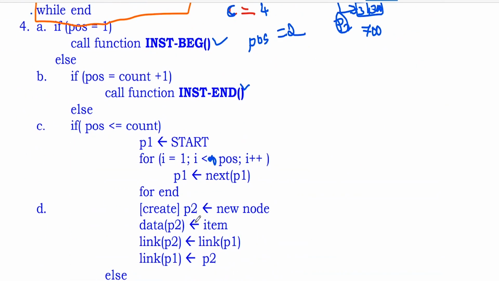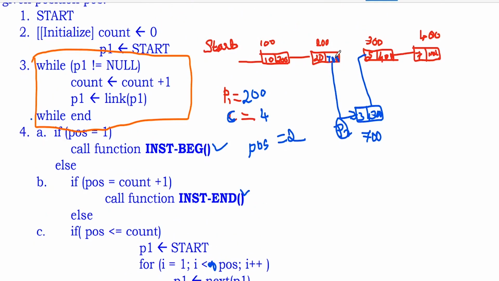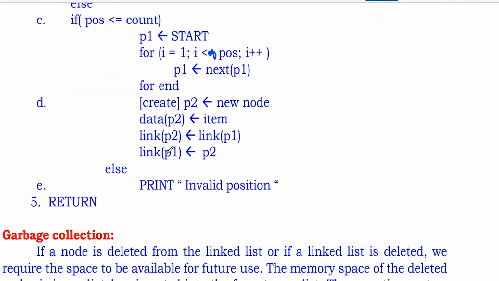So I created a new node here, and enter the data, and link field of that node will be link field of the current node. That is copied, and the remaining part of the link is established, and in the vacant space you connect the new node. So link of P1 is vacant and copy. Link of P1 will be copied to link of P2, so that the right side of the linked list link is established. To establish the new node, link of P1 will be P2. That's how it works. I think you have understood. So this is what we call insertion at a given position.